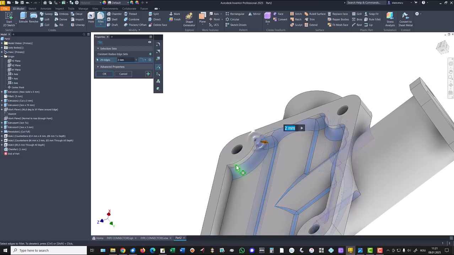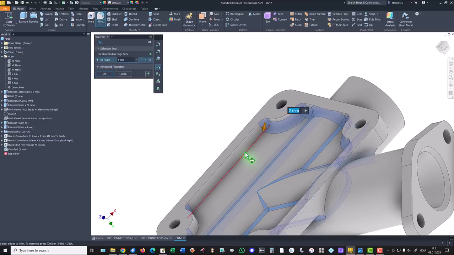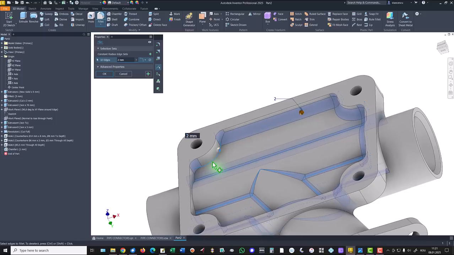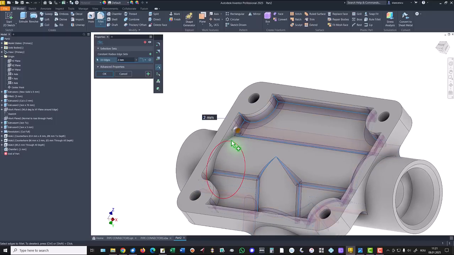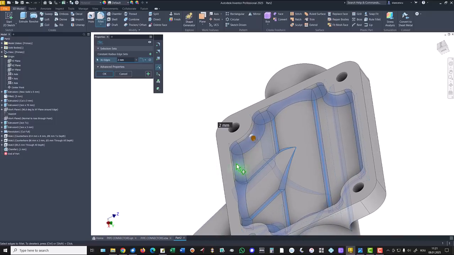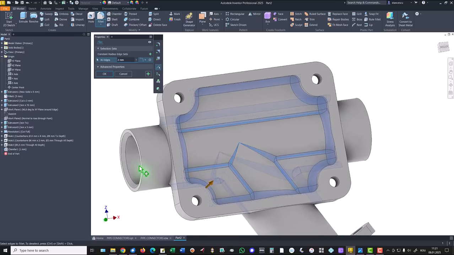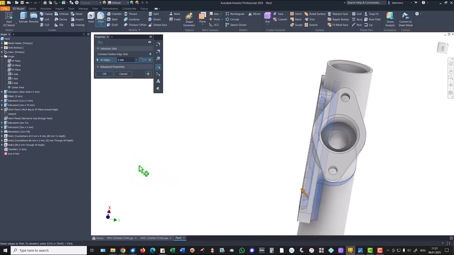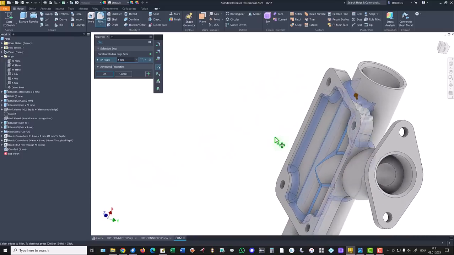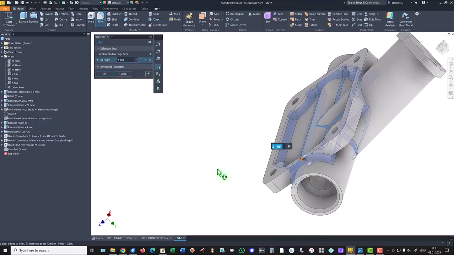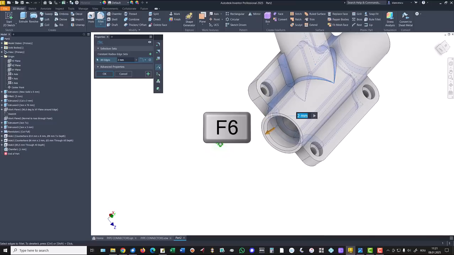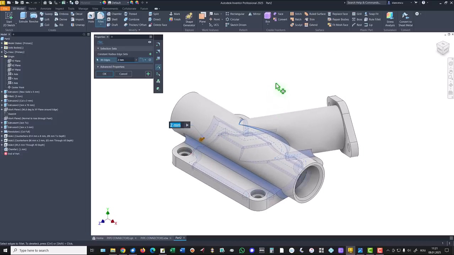I forgot this and this. Okay. A lot of fillets. I hope I didn't miss anyone. Oh yes, and these are also. The part is made by casting. Yes, this is why there are many fillets. Okay,